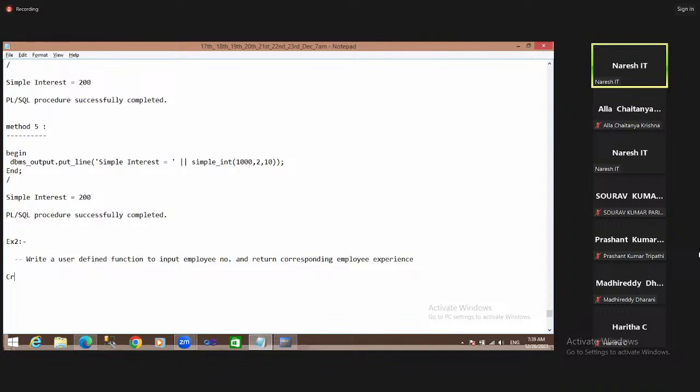So now, create or replace function emp_exp of p_empno emp.empno%type, return number is